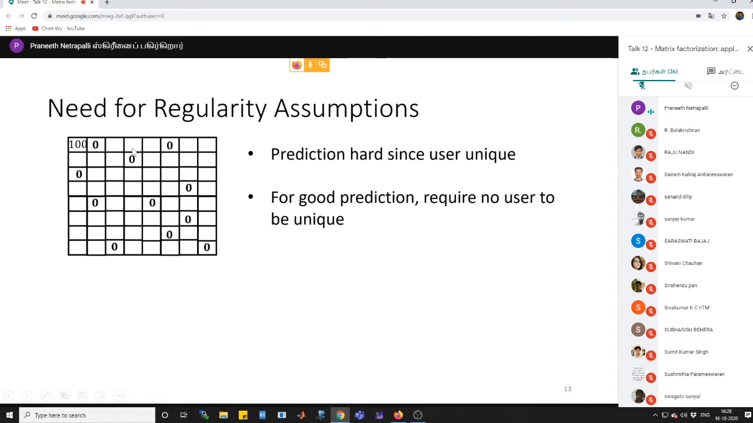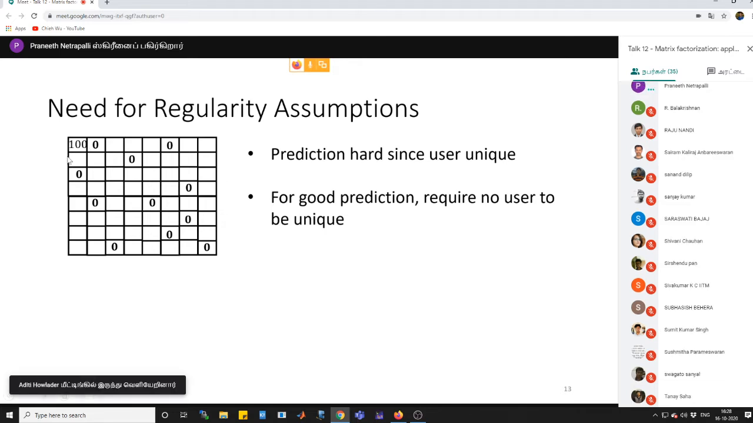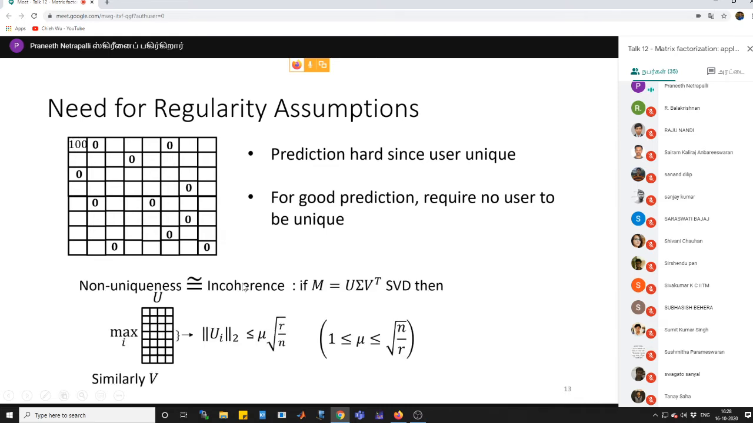The reason why prediction is hard here is that this user and this item are very unique, right? In order for us to be able to predict what this user may like, there should be some kind of similarity between various users, right? Then we can look at the similarity between users and whether this movie was watched by those other users, and then based on that we'll be able to predict whether this user might like this movie or not. So to be more concrete, we'll quantify this uniqueness of a user in terms of